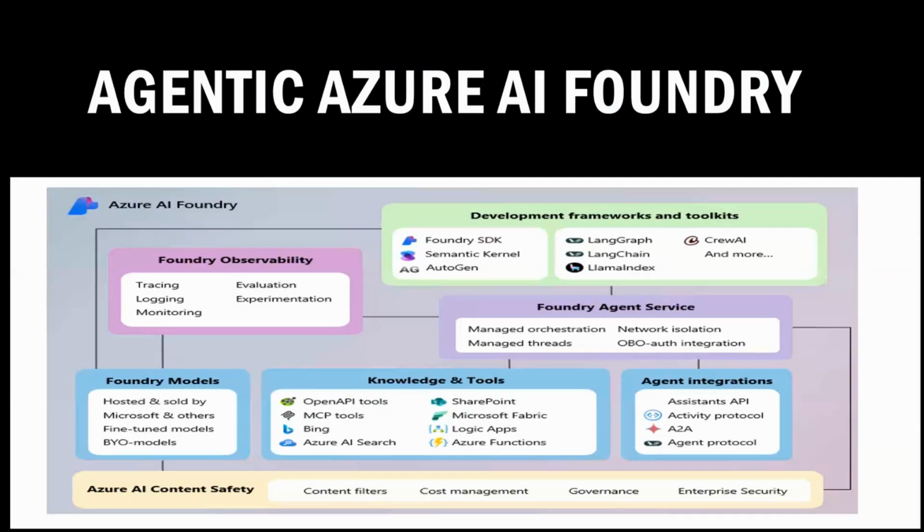And when you go deep into what Azure AI Foundry does, it assists you in connecting with various core pieces of Azure AI Foundry, such as Azure Foundry models.